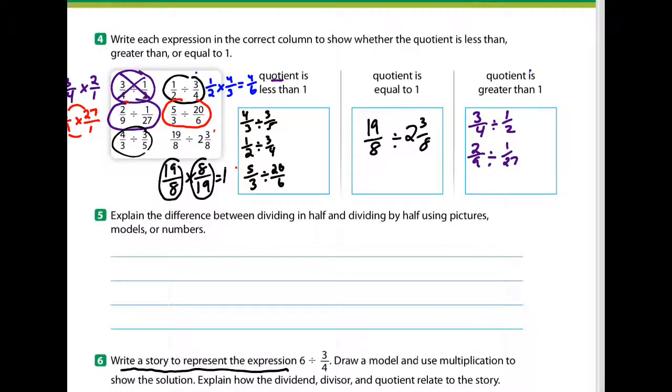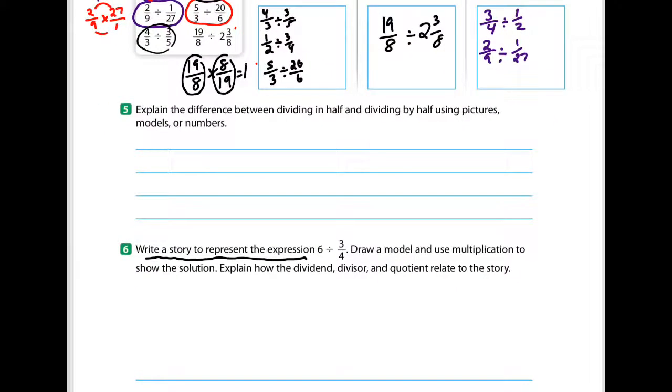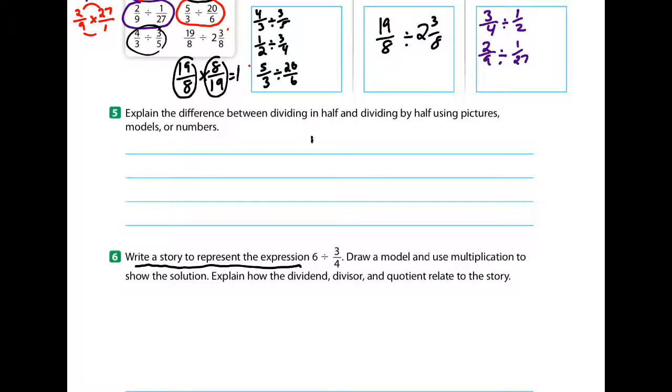All right, so number 5 says, explain the difference between dividing in half and dividing by half using pictures, models, or numbers. Okay, so pictures, models, or numbers. So I'm going to try to use pictures. All right. So let's say I'm going to do 6 divided in half. So 6 divided in half